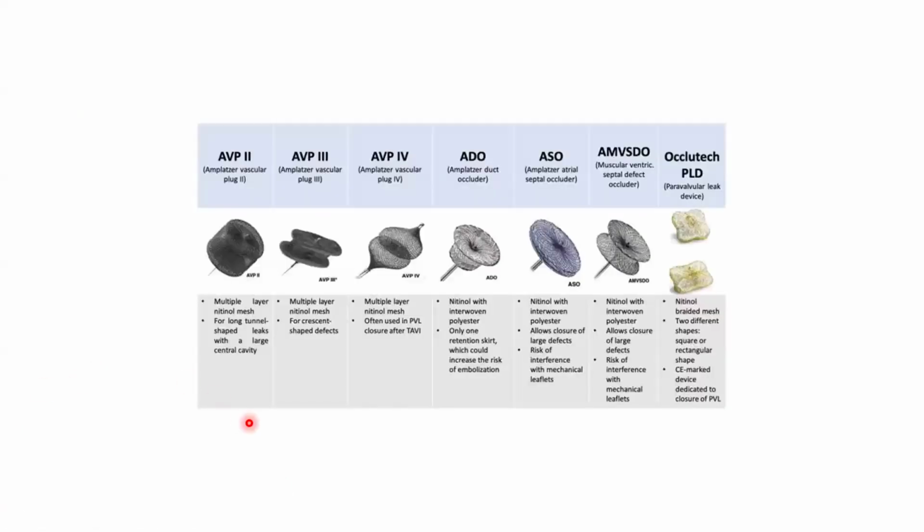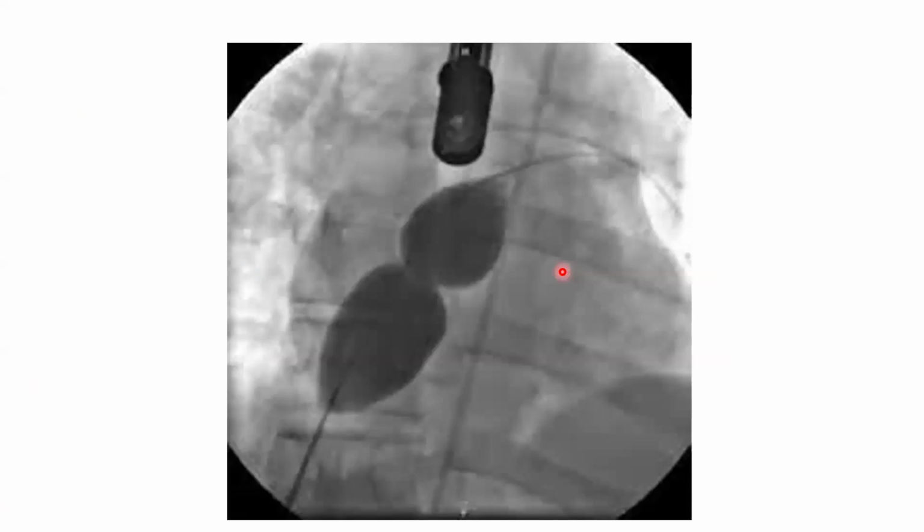So these are typically the kind of device that you use in an ASD closure, where the pointer is. Okay, so this is a typical ASD device occluder. Typically in the cath lab, we will do what we call balloon sizing of the ASD. Because the ASD has rims that may be flimsy, you need to be sure that the rims are adequate enough